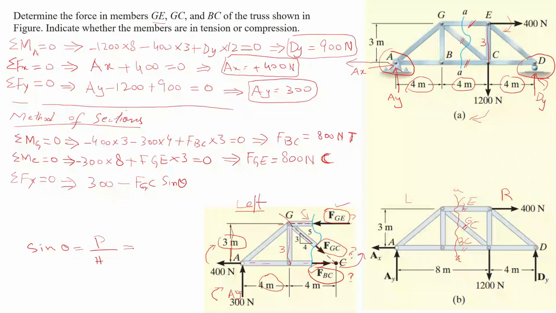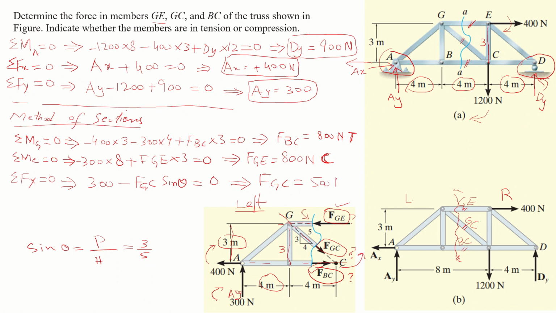So sine theta is equal to 3 by 5. So we can replace sine theta by 3 by 5, and we can now find the value of FGC. By solving this equation we find the value of FGC, which is equal to